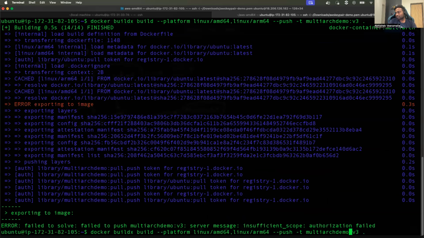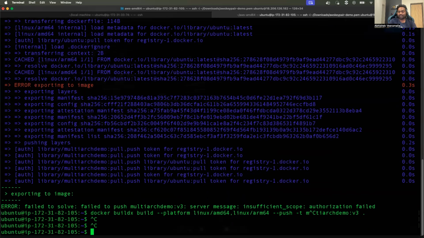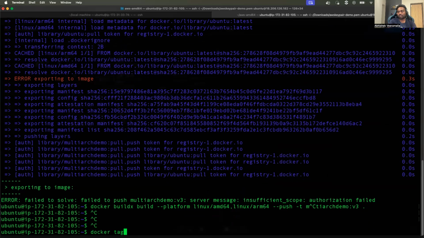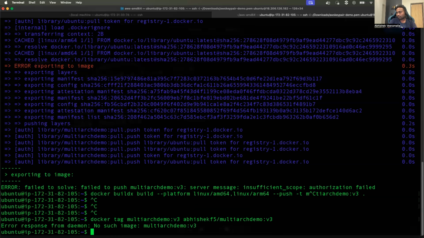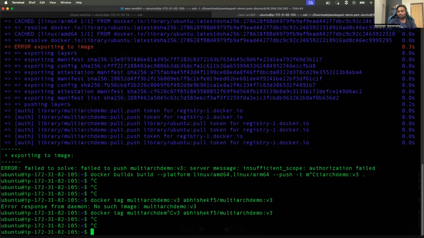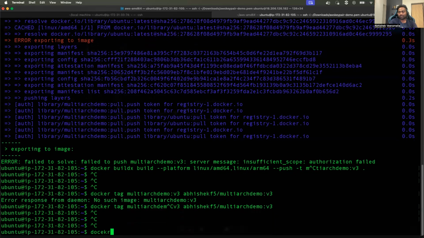What is missed? Oh, again, I made the same mistake. I need to do docker tag multi-arch-demo:v3 to Abhishek F5 followed by multi-arch:v3. Just a simple one. Multi-arch demo. Is there a typo? Sorry, my bad. Let's do